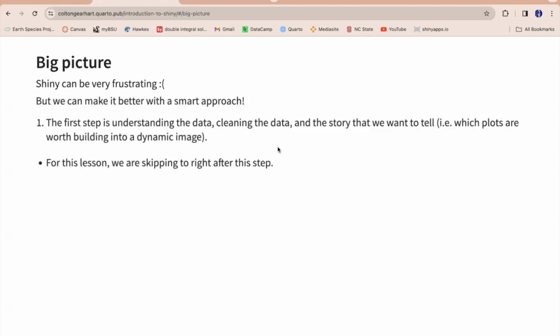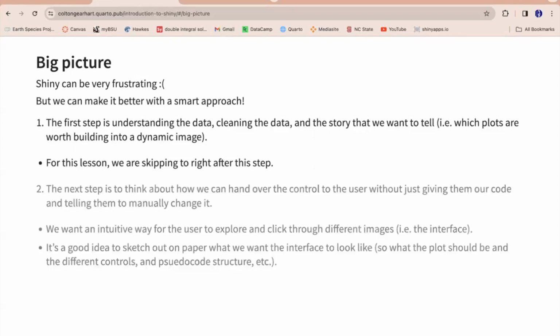So we're going to be skipping to the end process, but everything that we've done before about cleaning the data, importing the data, figuring out which story to tell, how to create those plots with ggplot, with Plotly, all of those are going to be done before we move to the interactive app stage of a data analysis project. So for this lesson, we're just assuming we've already done all of that. We're just working with an easy data set, iris,